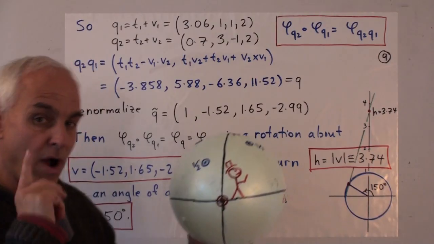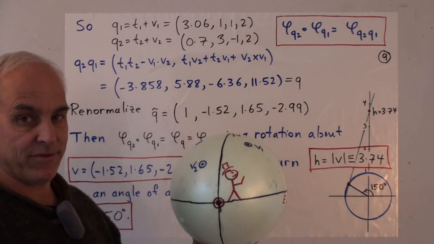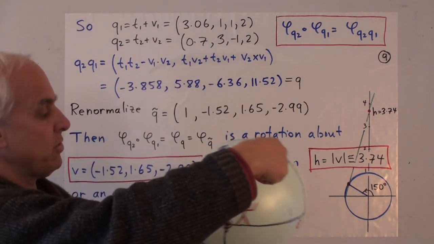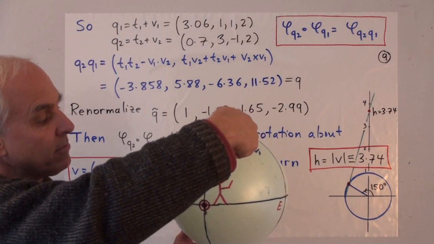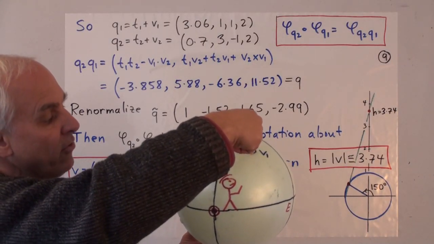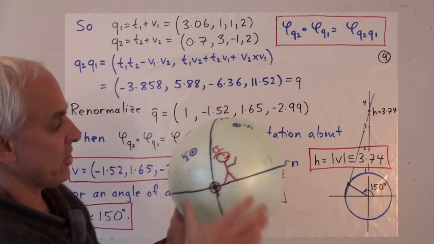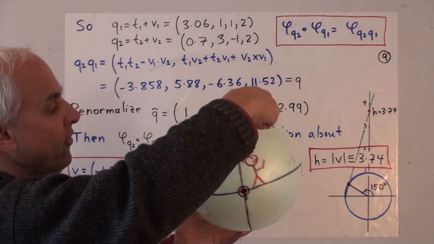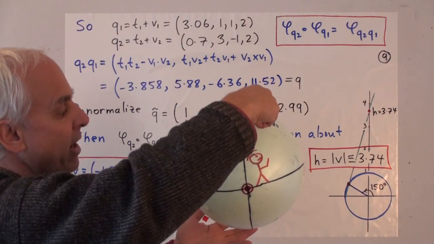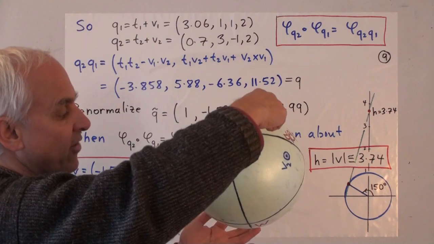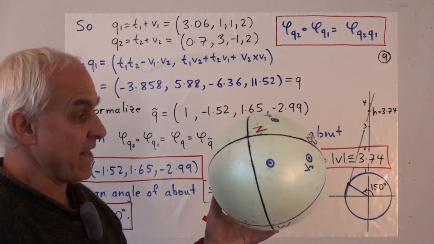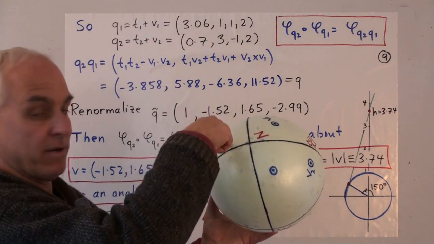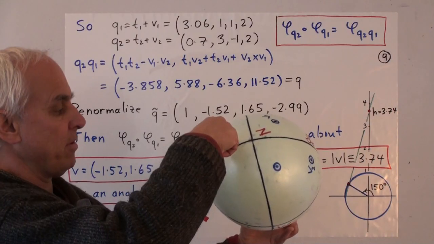Okay, now we're supposed to do one after the other. So let's do the composite. Let's do our first rotation, which was around this axis, by somewhat a little bit less than 90 degrees. So we'd better start in the right position. There's the axis, and now I'm going to rotate by hopefully a little bit less than 90 degrees. So something like that. Okay, now without moving the sphere, I have to find that second axis. You remember it was something like this. This is rather inaccurate, but okay.